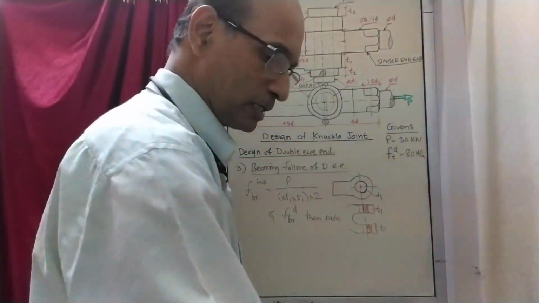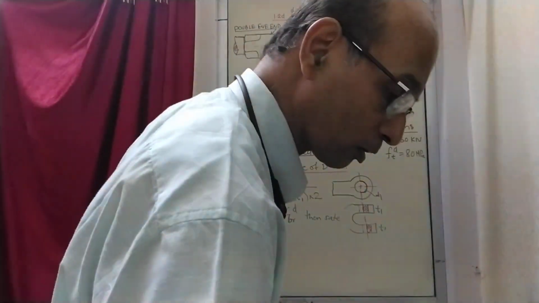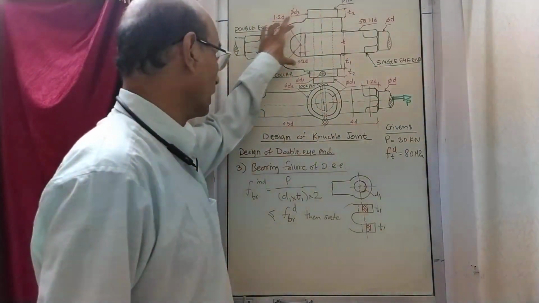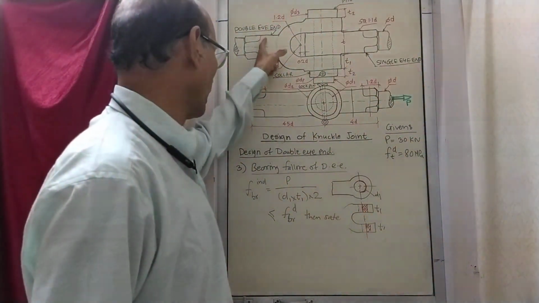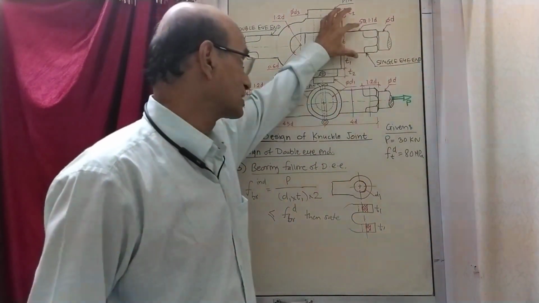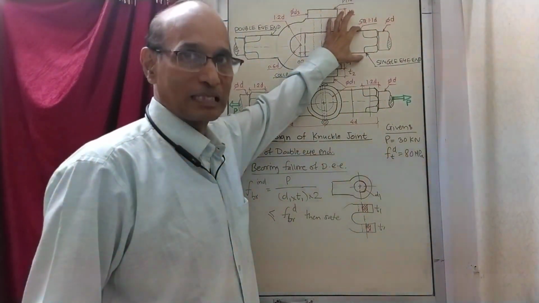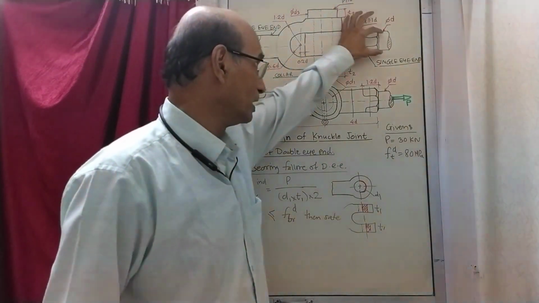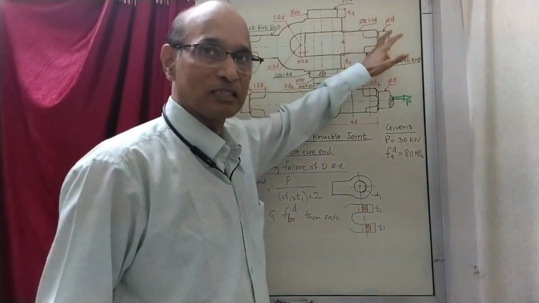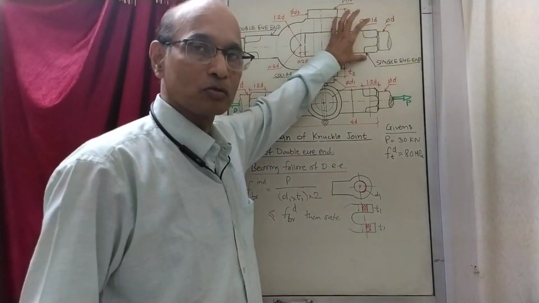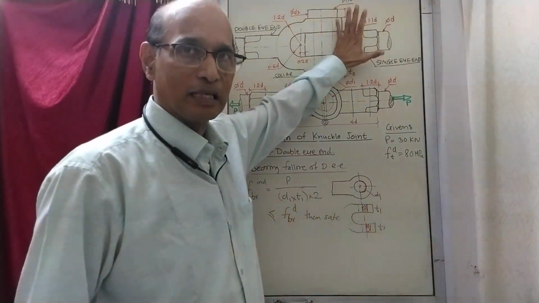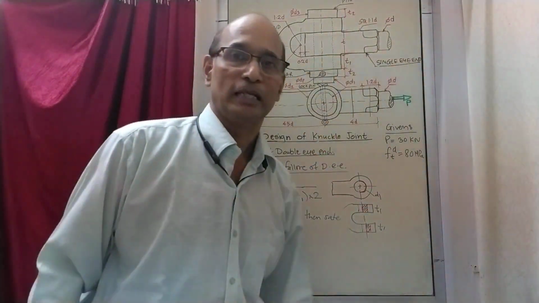So now at this stage you will see that we have completed the work of designing the single eye end also and now the double eye end also. You will wonder why we have not designed this part, why we have not checked this part. Now you will see that this size is a square. First of all, this is a square size, and this square size is already larger than this. So the area is more than what is present here. This is already safe, and this is even more, so this will be definitely safe. Therefore, we have not checked this part for the tensile stress.